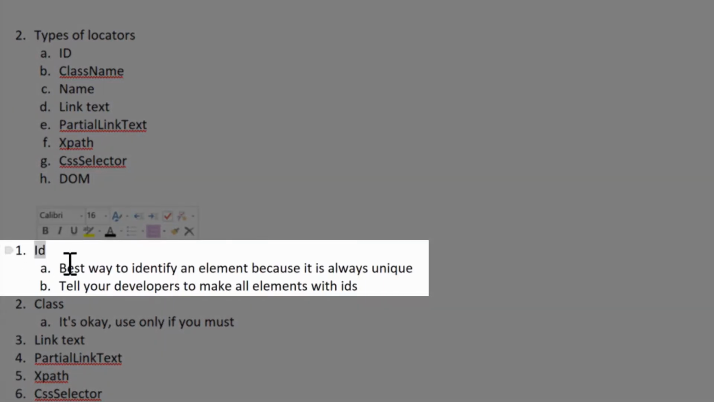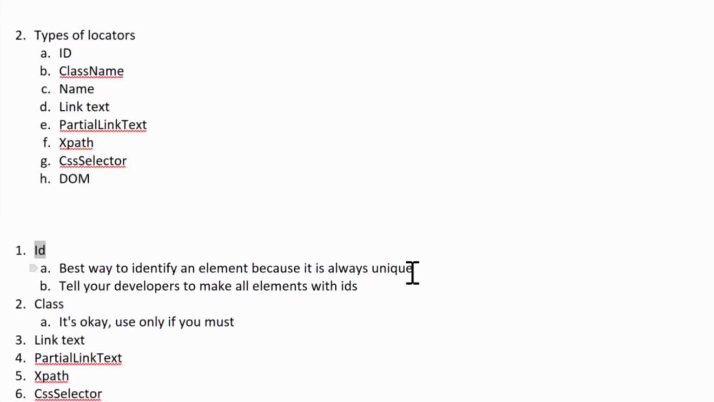The ID. The ID is the best way to identify an element because it's always unique. If an element has an ID, then you can identify it and be certain that that element will almost never change. So if you're working with developers and you are in a modern company that likes to be progressive and make good advances, you can ask your developers to give you elements with IDs so that it can make your job easier, right? If you can spend 1 minute identifying an element as opposed to 15 minutes,